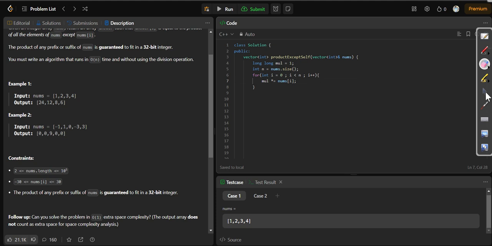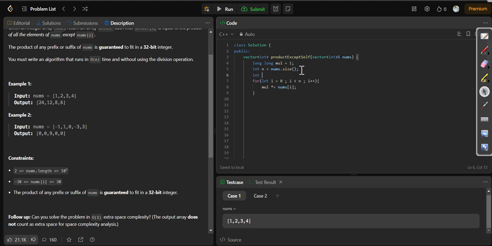And if the count of zeros is greater than 1, it means that except itself there is one more 0, and that 0 will make the product 0, so the answer will be 0. Okay, let's code it. It becomes very easy when we code it.